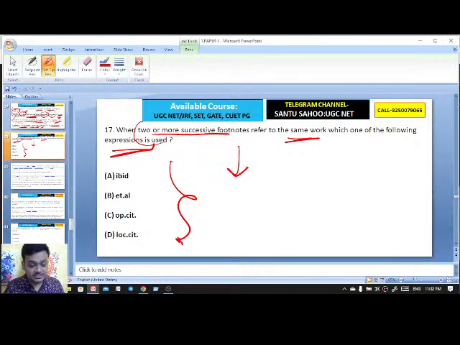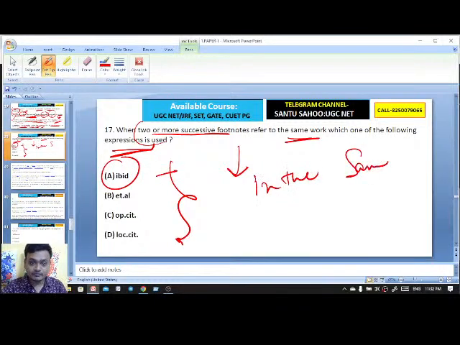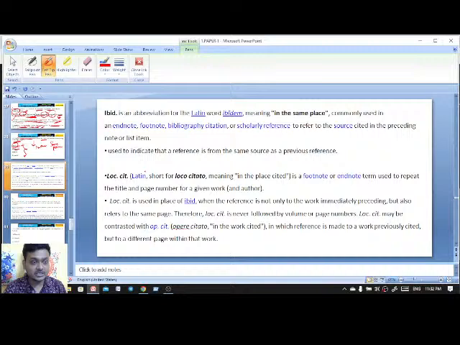That is Ibid. Ibid means in the same place. Okay, et al. means and others. So Ibid is actually the right answer. Ibid is an abbreviation for the Latin idiom meaning in the same place.